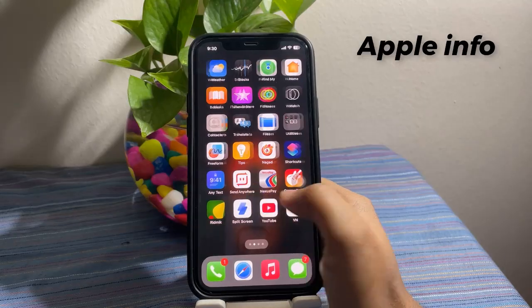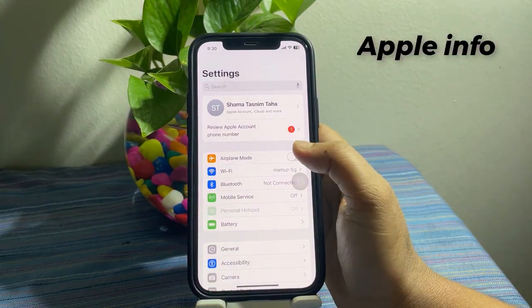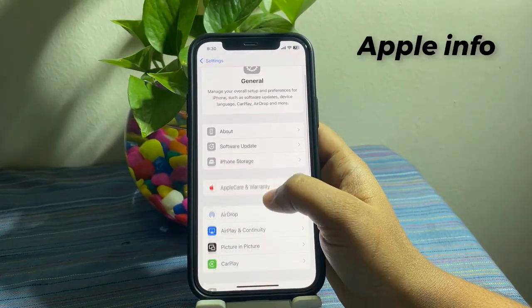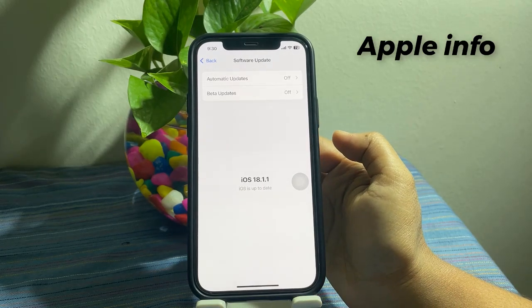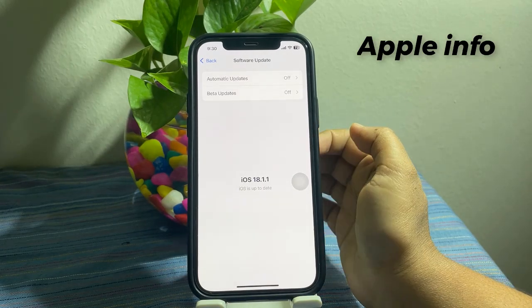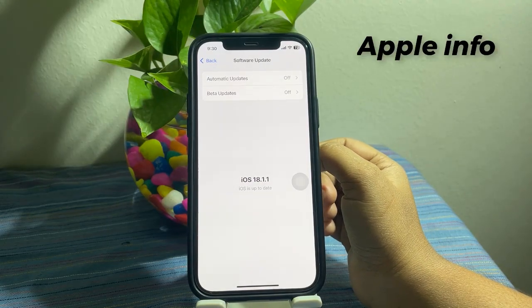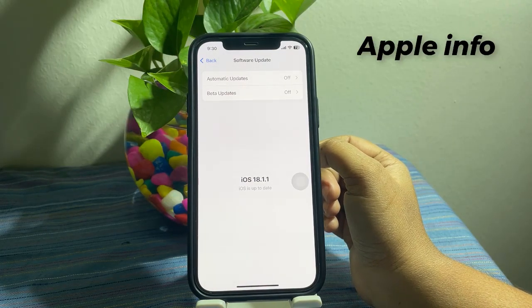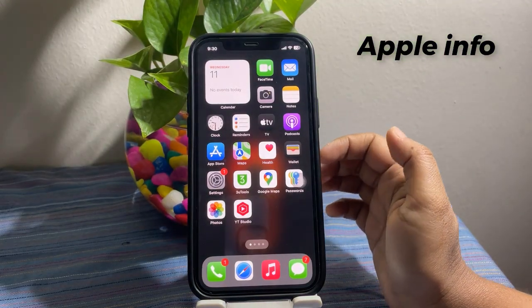Open up Settings, then tap on General, then Software Update. Here, make sure that your device is updated to at least iOS 18.1 or newer. If you see that you are still on iOS 18 or lower, the call recording feature will not be available for you. Once your iPhone is updated, open the Settings app,